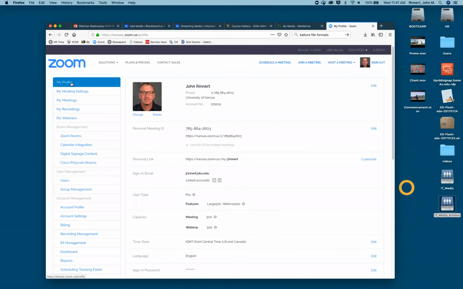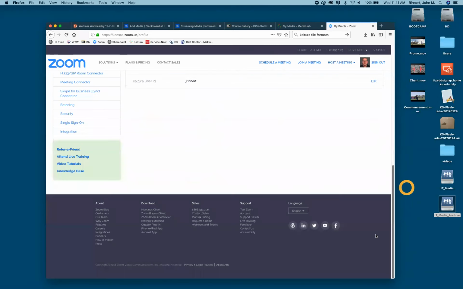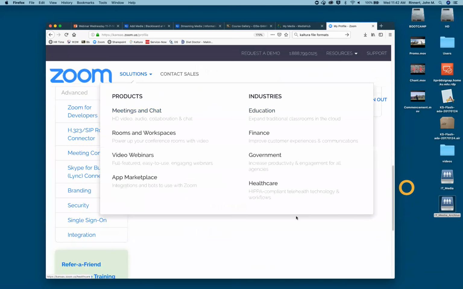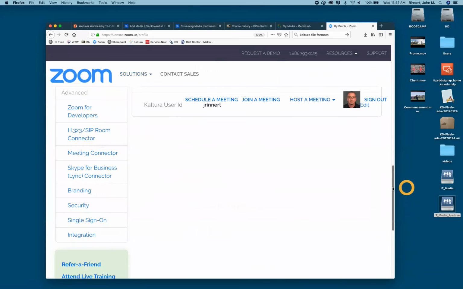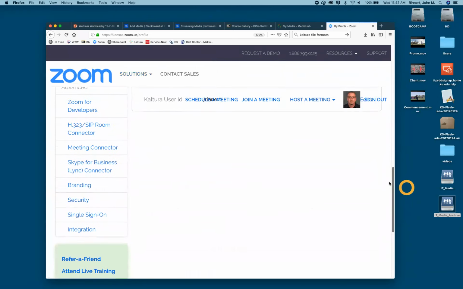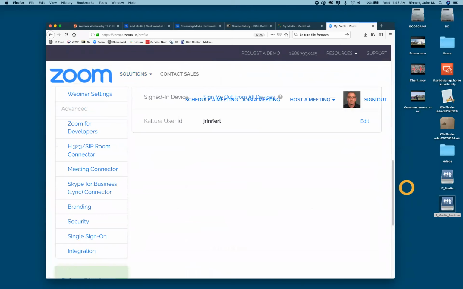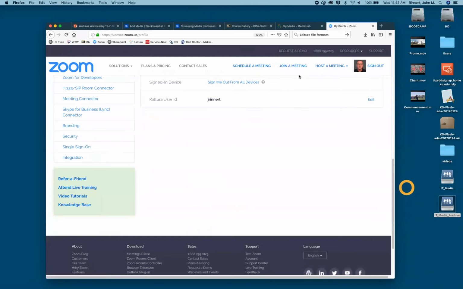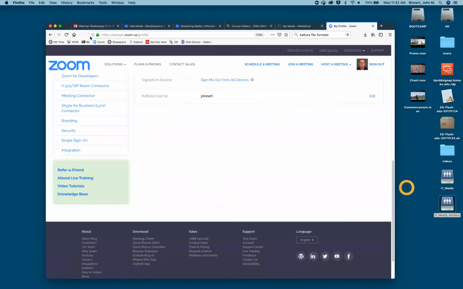If I go into my Zoom profile and go to the very bottom, there's this Kaltura user ID. I've put in my online ID. That's the only thing I had to do for this to work.